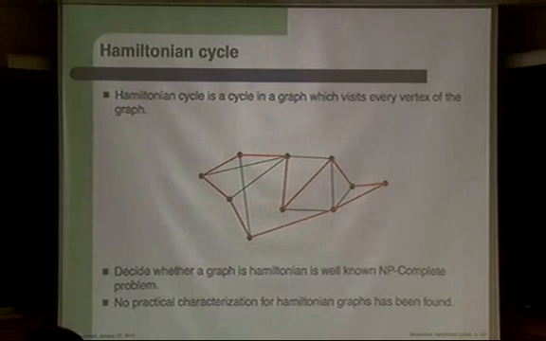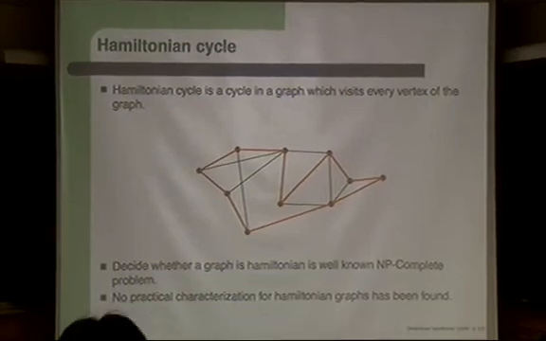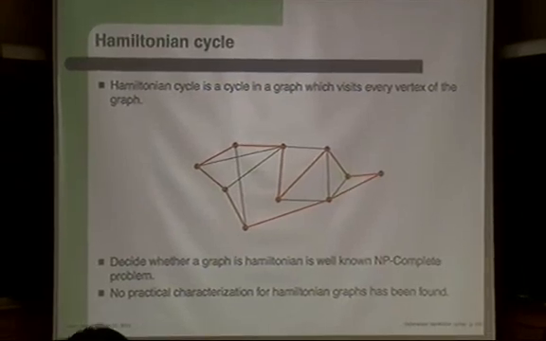So what I will start with: you probably know what a Hamiltonian cycle is. If not, here's a definition. It's a cycle in a graph which visits every vertex of the graph. That's a very simple definition. And the Hamiltonian cycle has been studied fairly heavily. There are many results concerning Hamiltonian cycles, and it's known that deciding whether a graph is Hamiltonian is NP-complete,